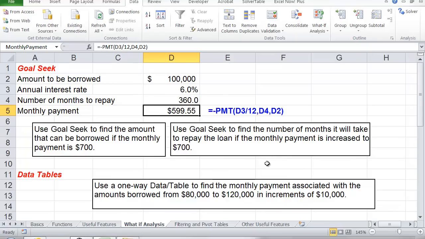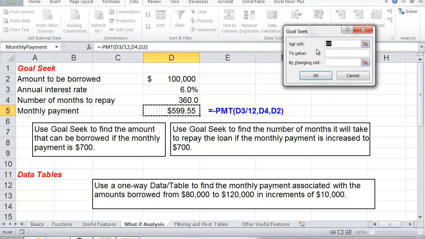So, here we go. How'd you make out on the goal seek one? Now, Trin has decided if she wants to fast track the payback and pay $700 a month, it should take fewer months. How do I find out how many months that's going to be? Data tab, goal seek, ba-boom. What cell does she want to set? This cell right here. She wants to set it to 700, this time by changing